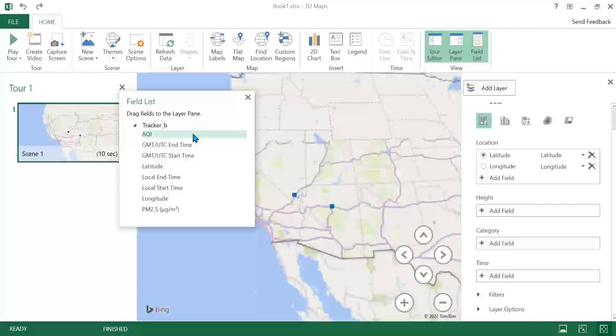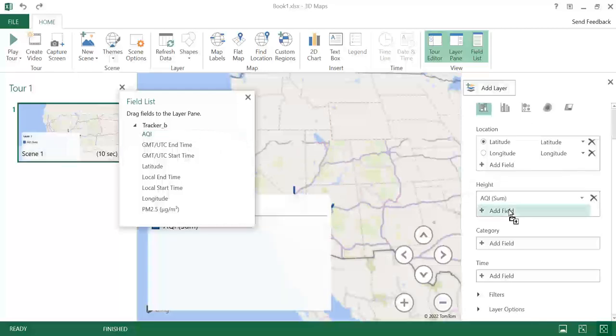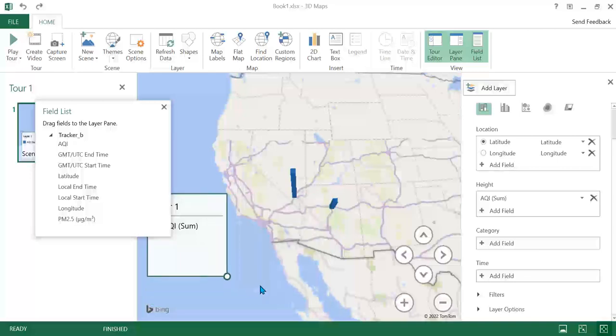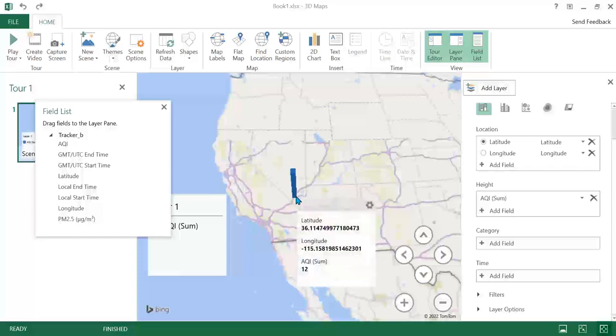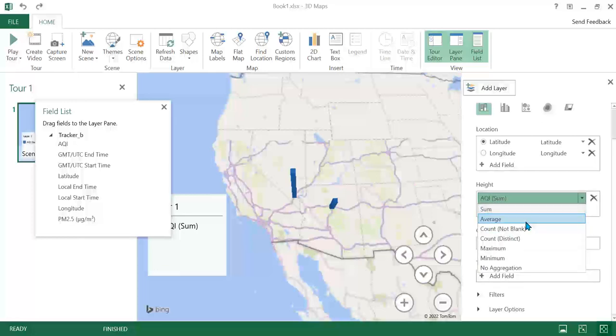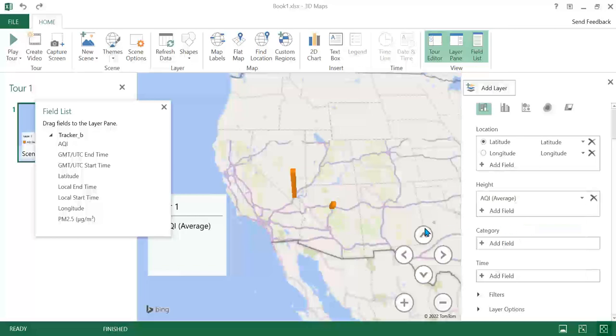Let's drag down AQI here to the height panel, and you can see, if we pull this over and then resize this so that we can see, it said, okay, AQI. I've got AQI values at these latitude and longitude. However, it defaults to the sum. So you can zoom in